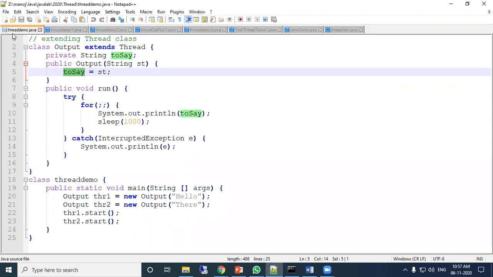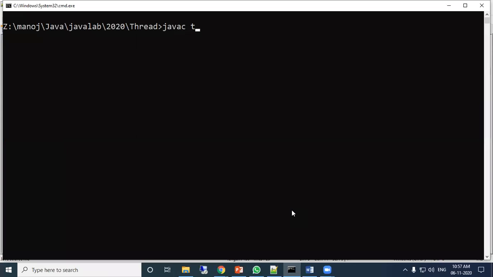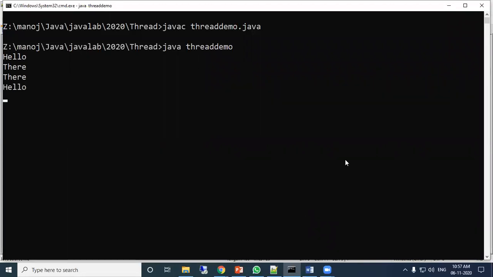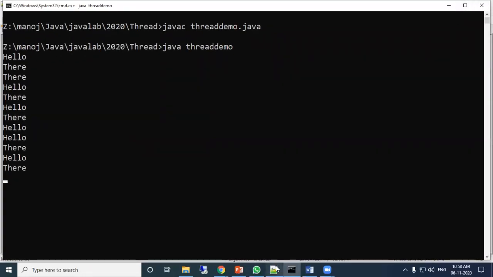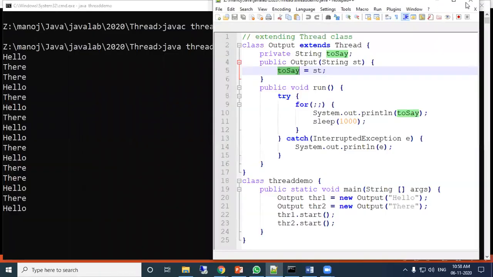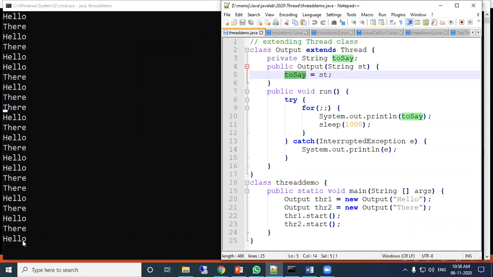Again we will see the thread demo.java. So there you see the to say hello, and their message comes.